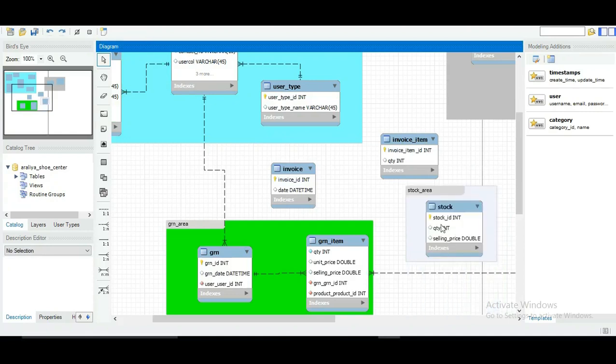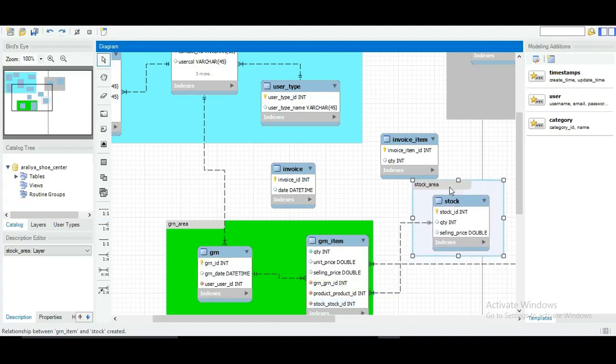So since there can be many GRN items in a single stock, that means there will be a one-to-many relationship between these two tables. So again, I'm going to create a one-to-many relationship, and for this, since the many side should indicate towards the GRN item table, I'm going to first click on the GRN item table and then click on the stock table, and just like this we can see the relationship between these two tables, and that will be the answer for